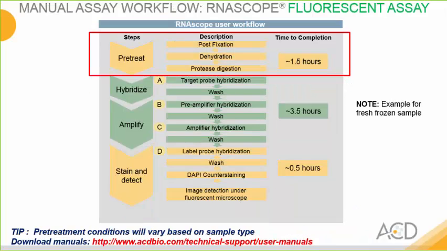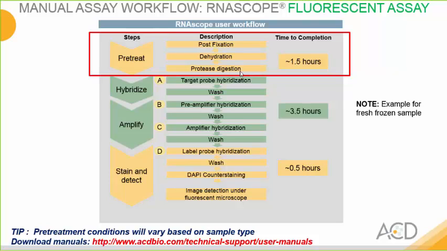So in this next example, we're showing a pre-treat step for a common sample for a fluorescent assay, which is the fresh frozen tissue. As you can see, in this case, the pre-treat steps are different, which involves post-fixation, dehydration, and protease digestion. So if your samples are different, please be sure to visit our website for the appropriate manuals for your sample